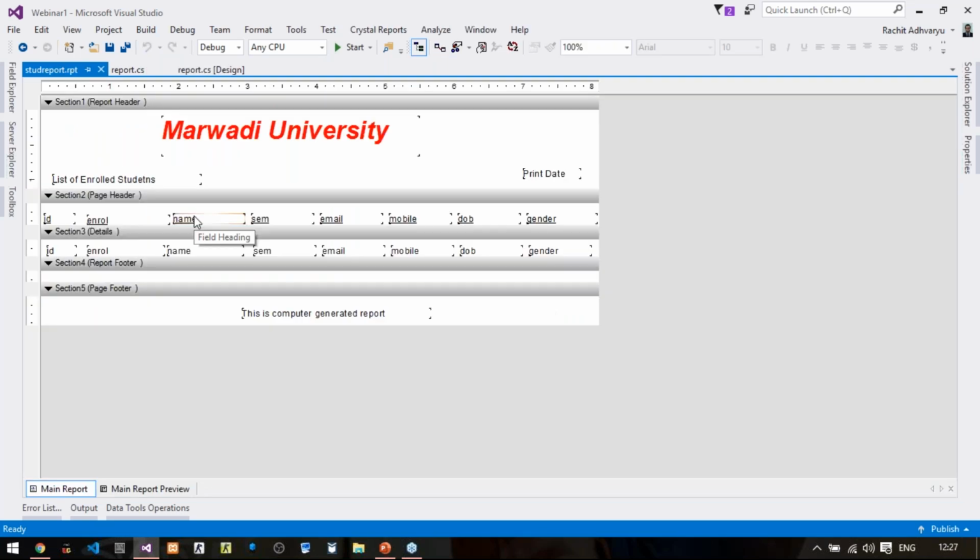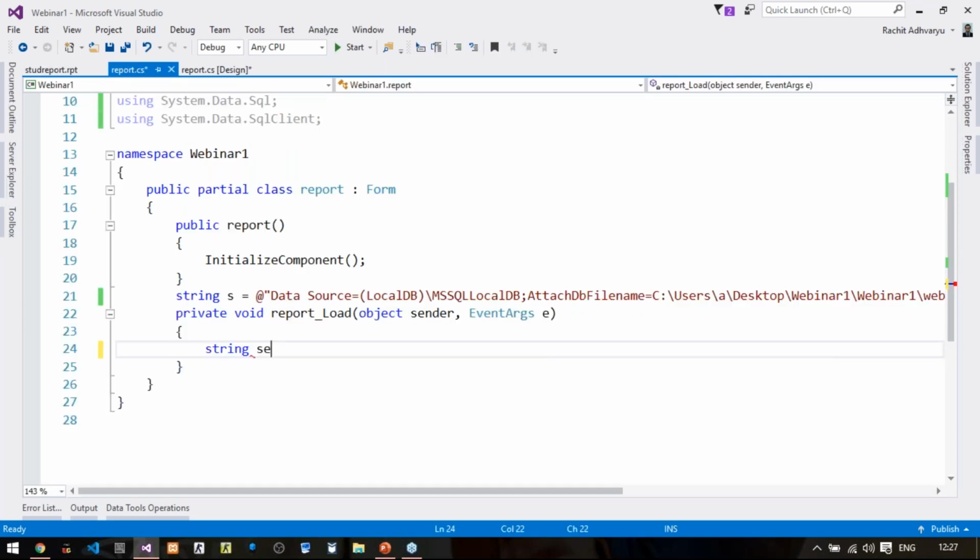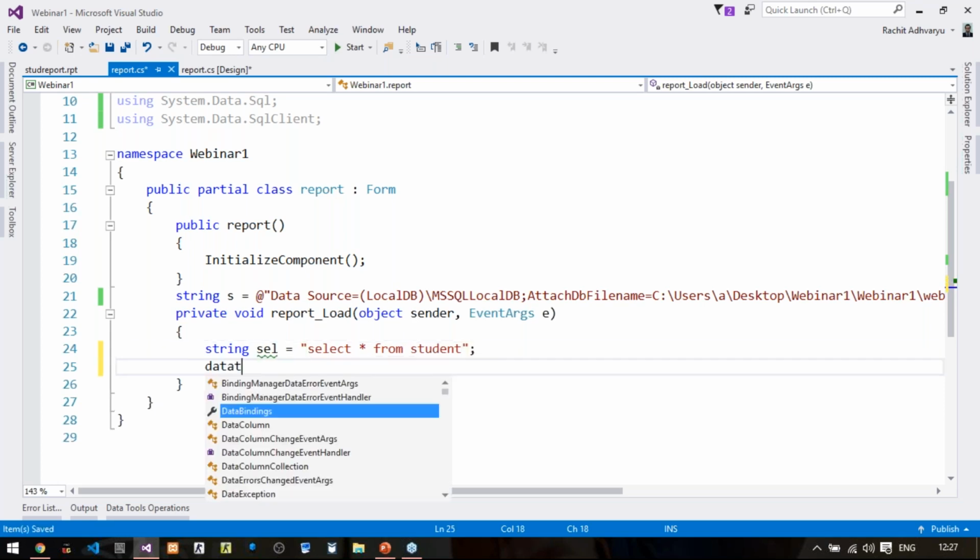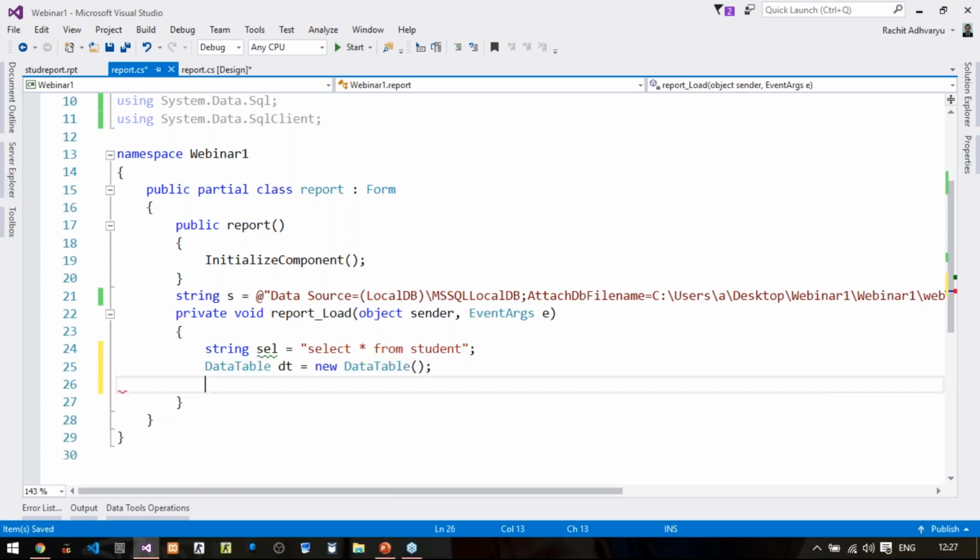So select star from student, that is our database, not the dataset. Create one DataTable, dt equals to new DataTable. SqlDataAdapter da equals to new SqlDataAdapter. Pass your query, comma, connection string, and da.Fill(dt).